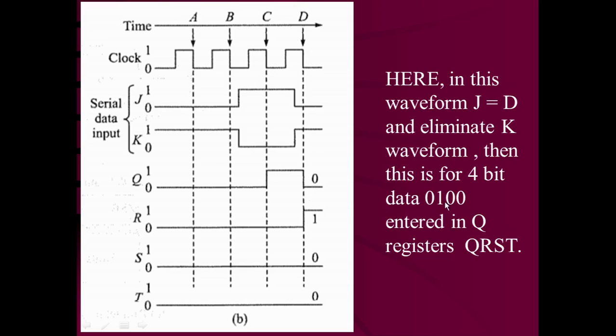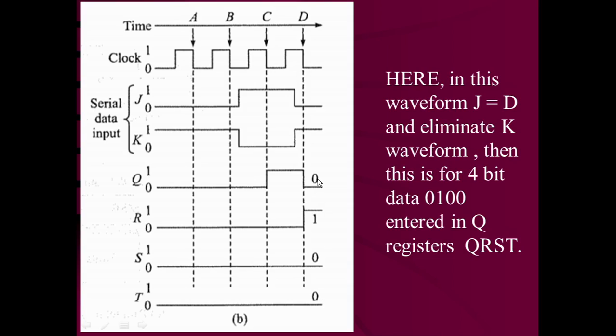Now prior to the fourth clock pulse, the data is again going to be changed to 0. So you can see that prior to the clock edge D, the data becomes 0 here. This 0 is shifted into the flip-flop Q on the negative edge of the clock pulse at the instant of time D. So the first flip-flop Q is going to be reset to 0, and output of Q, which was 1, will be shifted into the flip-flop R. So R becomes set, or it is going to be 1. Output of R, which was 0, will be shifted into the flip-flop S, and output of S, which was 0, will be shifted into the flip-flop T.